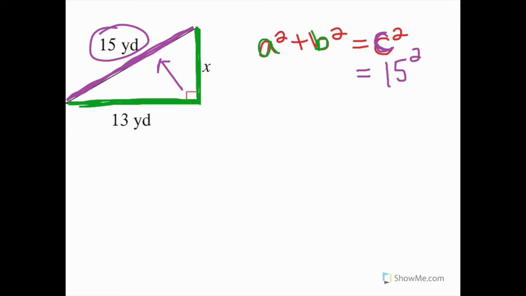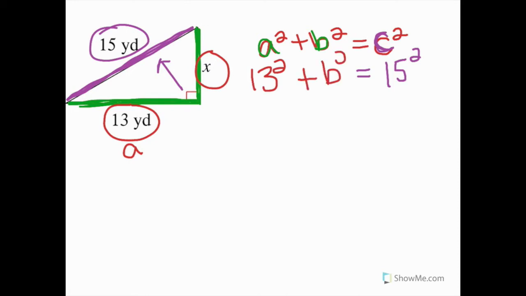Now remember, A and B, the legs, are interchangeable. So I have one leg, but I don't have the other. I'm just going to go ahead and decide that 13 is going to be A, and plug that in under A, 13 squared. Plus, and I don't have the other leg, so I'm just going to leave that as B squared. I'll just write B here so I don't forget. Okay, so